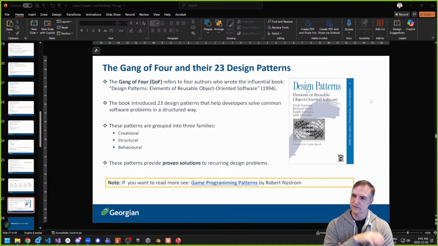But what these do is provide patterns for us to solve problems with common constructs, where we put things together, as an example, that we do all the time. A good example of that is the observer pattern. The observer pattern, which is really a behavioral pattern, is us watching something that changes and then responding to that change.